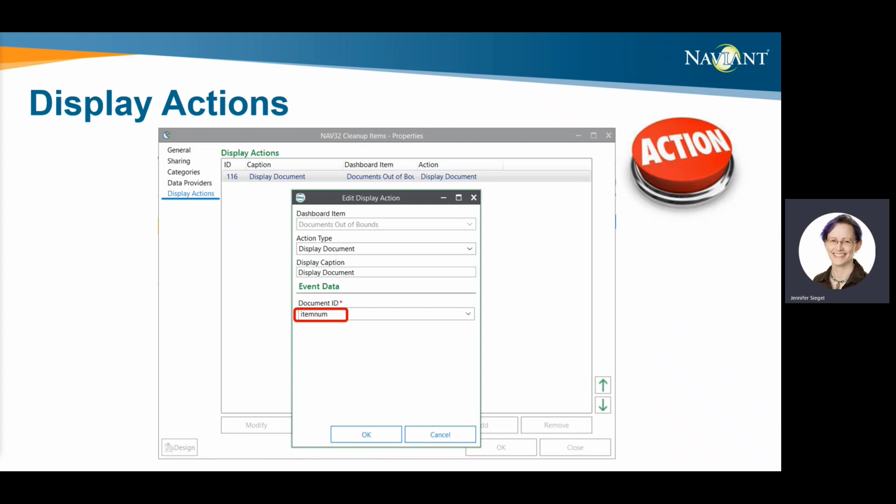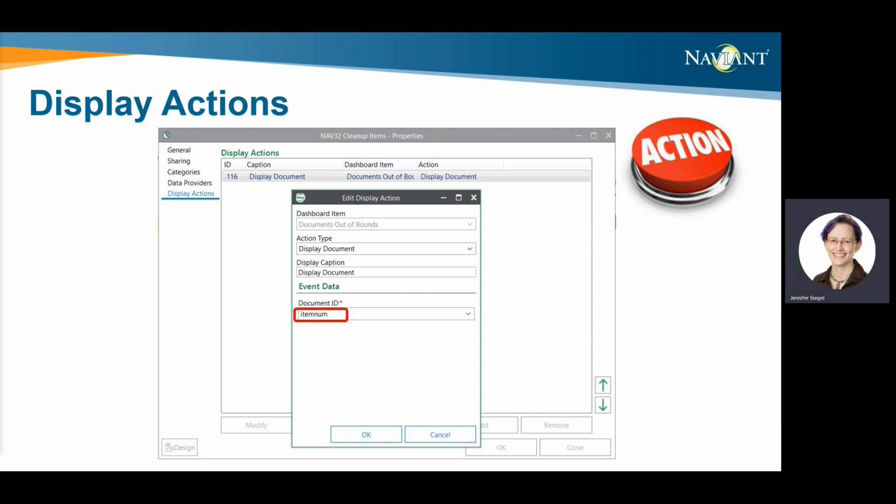So then once you've added that to the item, if you go to the properties of the dashboard, click on the display actions tab and add a new action to display the document and reference that item num. To configure the display action to display a file cabinet folder, you'll need the folder ID for the event data instead of the document ID. And likewise, queue ID to display a workflow queue, item ID to display another dashboard report, etc. For WorkView objects, you will need both the class ID and the object ID.